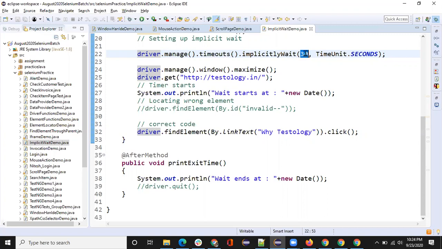Or the other thing is, let's say you want to customize it to wait for a particular condition, right? Then your implicit wait will not help you. If you want to wait for a particular element, okay,